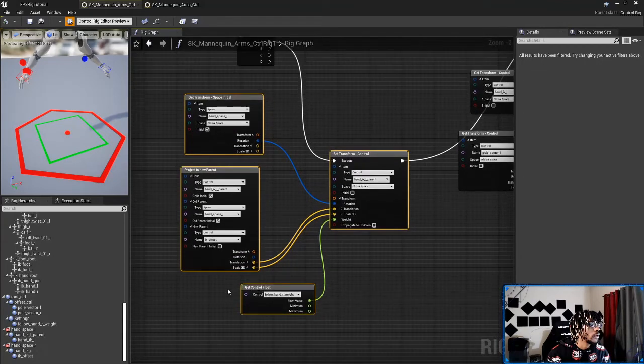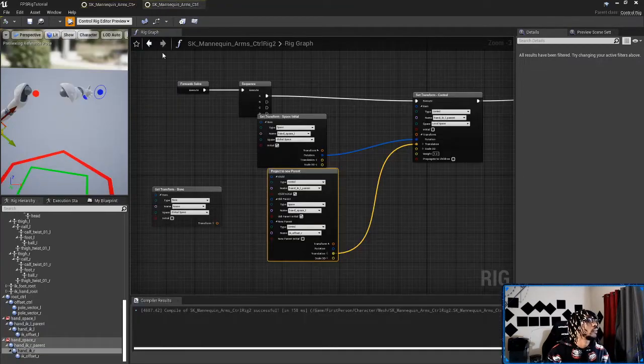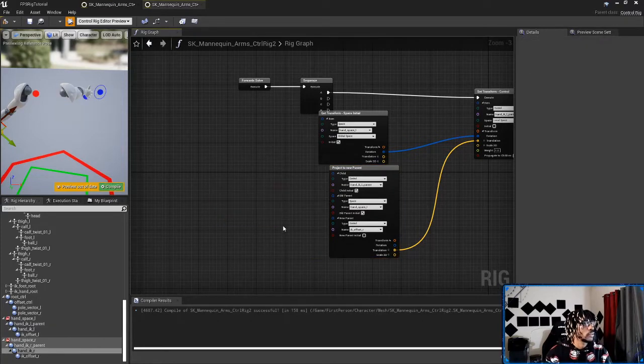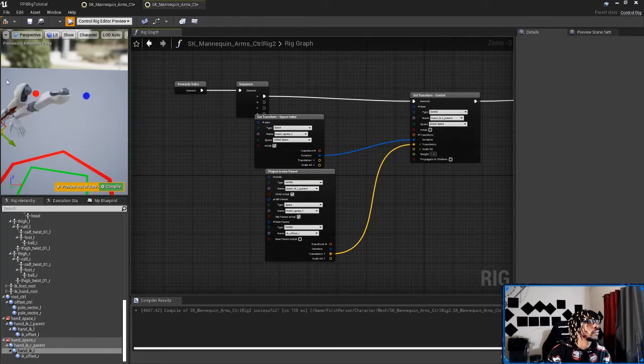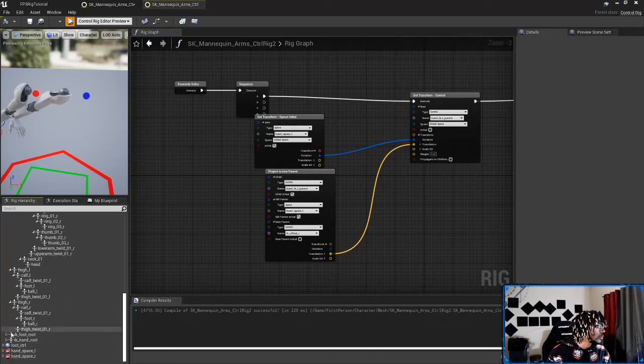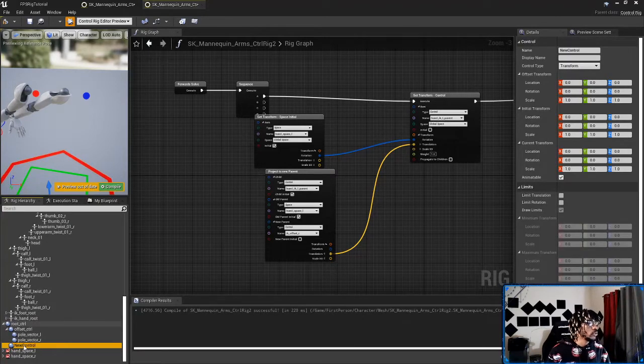And oh, we also created a, okay. So delete this. This is global space. Then we set a weight right here. So what I did for that was come to this root control and create a new control, parent it to it, and just call it settings. This is just going to be the control that holds all of our settings. It's not going to be anything that we manipulate. We're going to make a control here that's called the follow